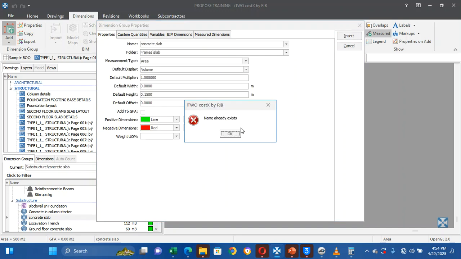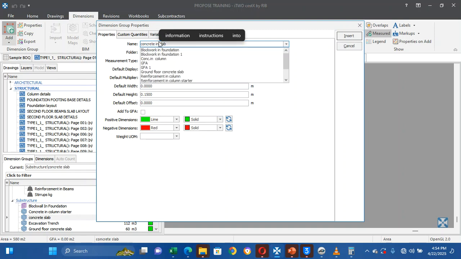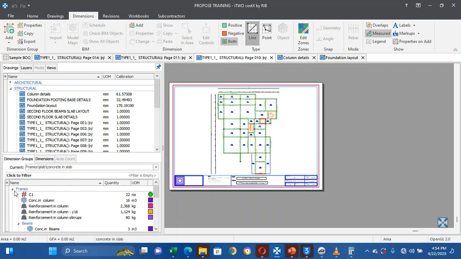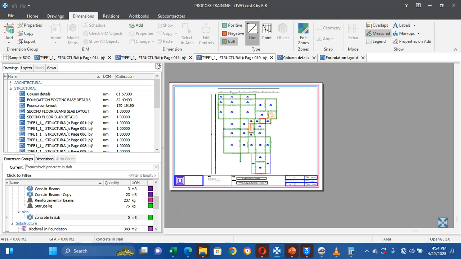So insert, name already exists, concrete in slab, insert. So now we have it here, but I'm not going to remeasure. I just did this so that you should know that okay, it is under frames. I'm not going to remeasure as it's a waste of time. We are moving on to